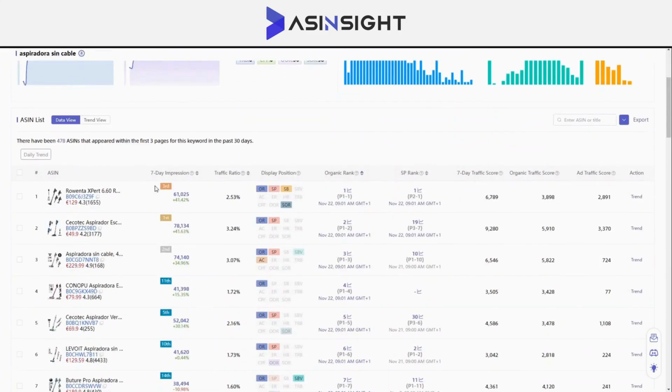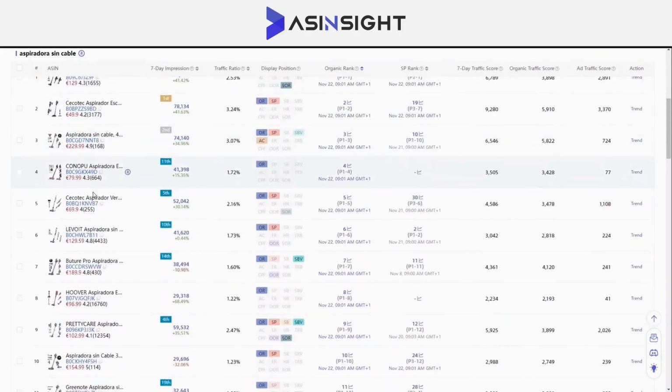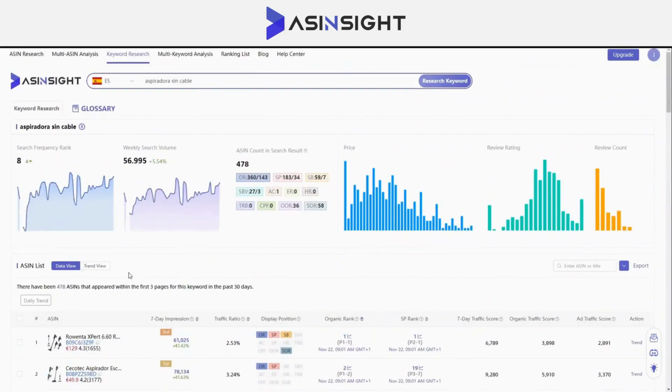So it's already indicating that this is a keyword that's quite competitive. Then it shows us each of the results, and we can see for each of the results for this keyword who is the top one in SEO, who is the top one in sponsored products, in sponsored brands, etc. And here you can see which products compete within this SERP. The same goes for viewing data trends, the trend view. And here we also have a pricing graph, average pricing of each of the products, the number of reviews for each of the products and their ratings,